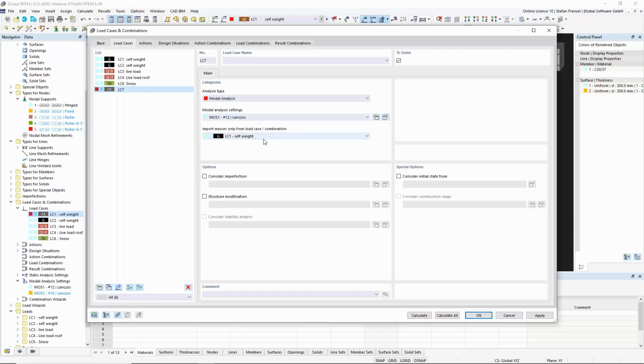The important thing now is that we can use here the automatically created load combination for my seismic mass combination. And that's the important thing, because that was not possible in the old one. Here it is now possible to consider this mass combination or load combination for the calculation of the modal analysis, of the eigenvalues. With this option, we go here now on OK,